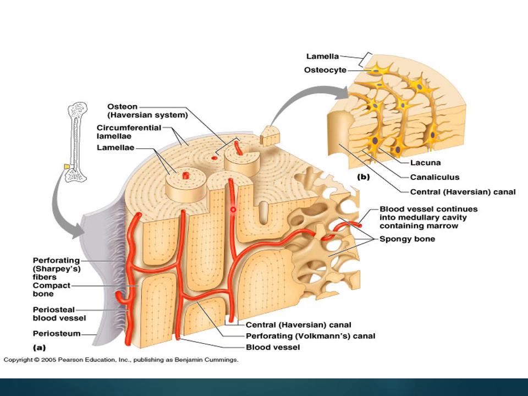So there is a central canal, which lodges the blood vessels, and the central canals of two adjacent osteons combine and intercommunicate together with the Volkmann's canal, also known as perforating canals. You can see here that blood vessels from one osteon can communicate to the blood vessels of the other osteon. So that's how the central canals of one osteon intercommunicate with the other osteon, that is through the perforating or Volkmann's canal.